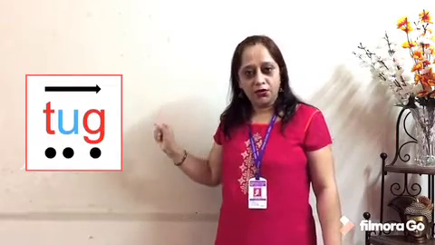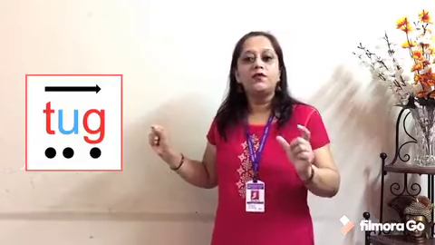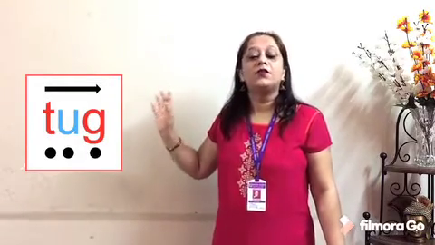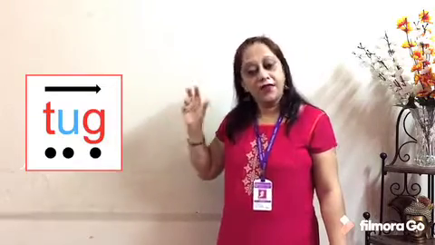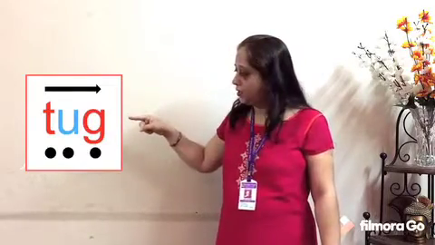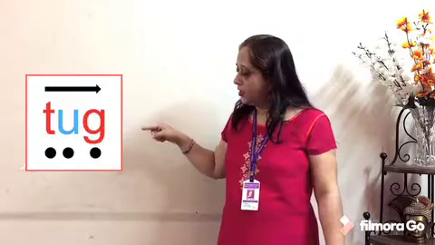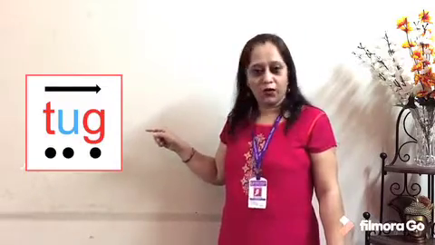Okay, 3 dots are there. Just say the sound of the letters and then you will join the word. Nobody will say like this, D-U-G, dug. No, we don't want like this. Okay, first you say the sounds, then join the word. D, U, G, dug.